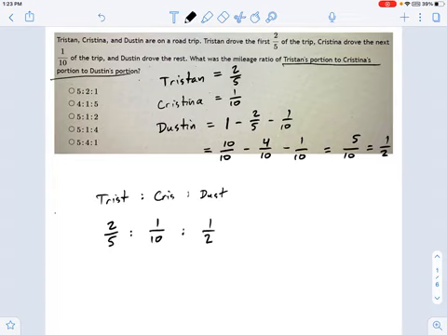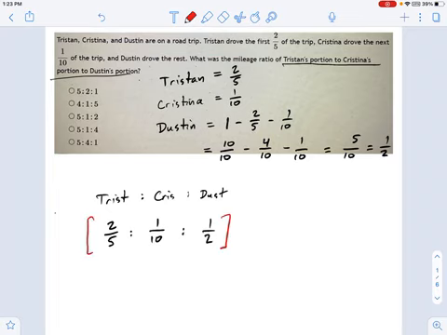Well, that answer is not one of our choices. Okay, what we need to do then is find an equivalent answer. And what you can do, just like with equations or fractions, you can multiply everything by a number. So let's pick a number to multiply everything by. The goal is to turn these into not fractions, right? Because nothing over here is a fraction. Let's multiply it by 10. Okay, I've got a good feeling about 10.